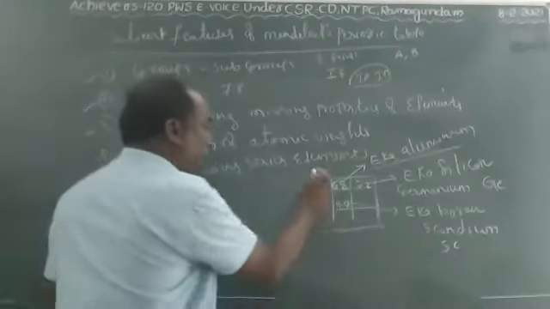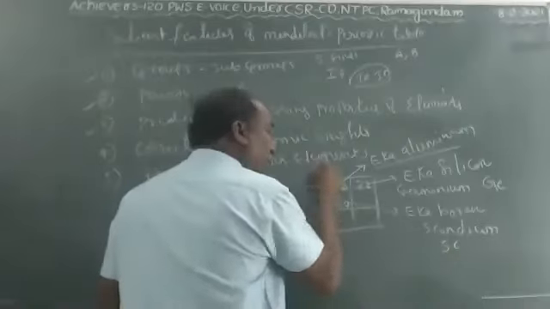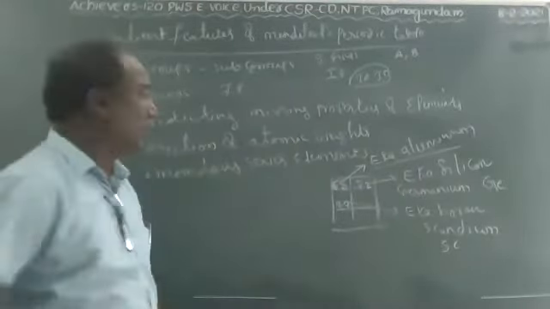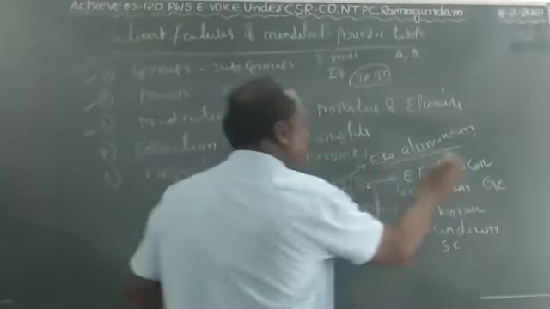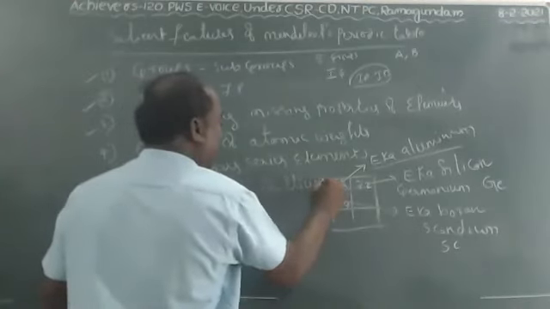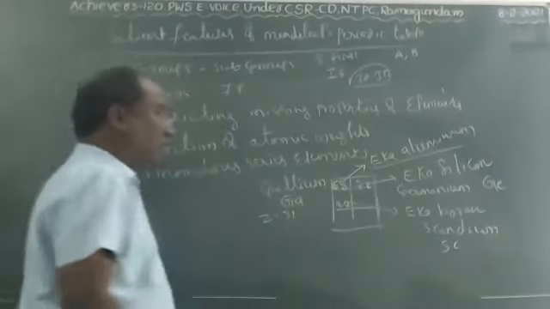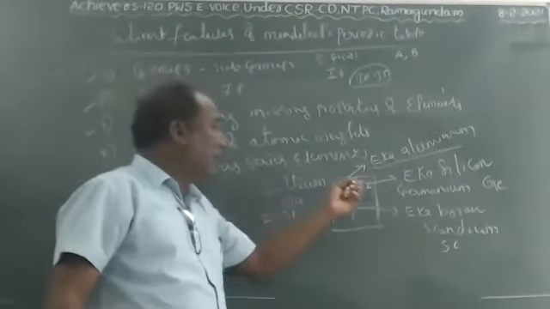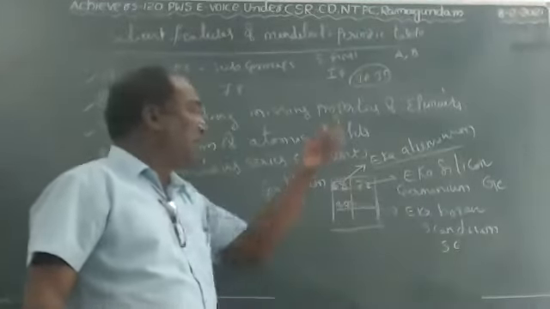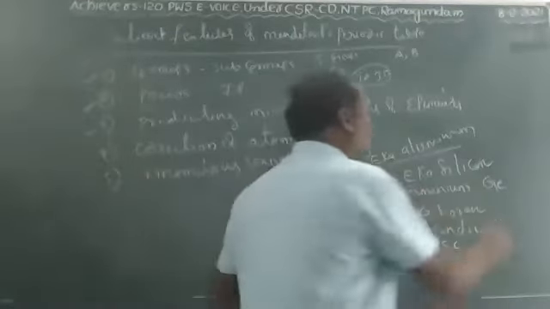Okay, children. The first predicted element has atomic weight 68. The pet name given to this is Eka aluminium. Actually, it is not Eka aluminium, children. Atomic weight 68 element name is gallium. Gallium symbol is Ga, atomic number 31, children. And the second predicted element has atomic weight 72. The pet name given is Eka silicon. Actually, it is not Eka silicon. The original element name is germanium. Atomic number is 32.